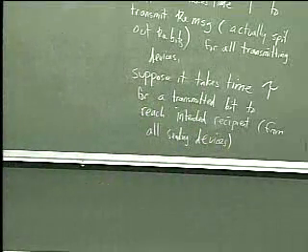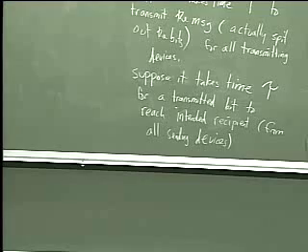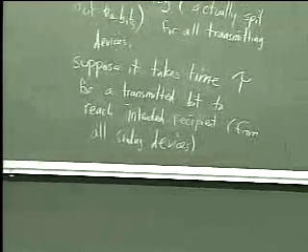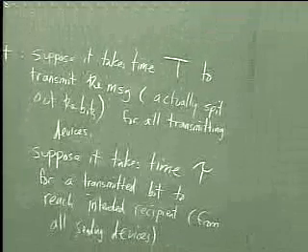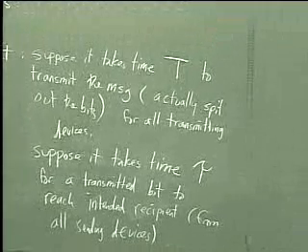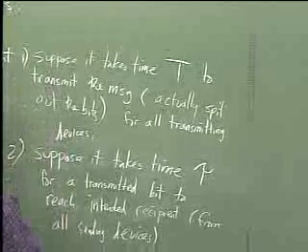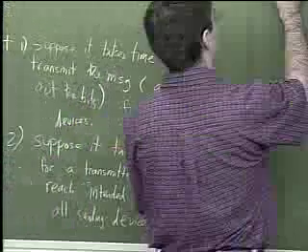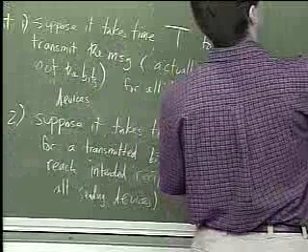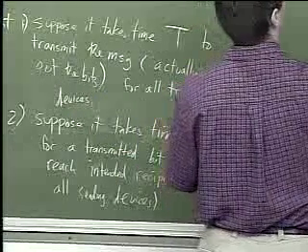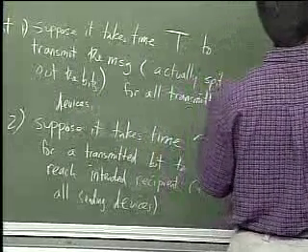Okay, it's very unlikely that every device is going to be positioned such that it takes exactly tau, but for the simplicity of our model, we'll assume that. So this is assumption number 1. Assumption number 2. Assumption number 3 is suppose if there is any overlap in transmission,